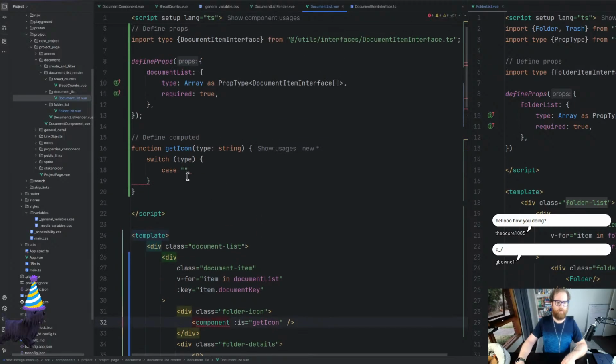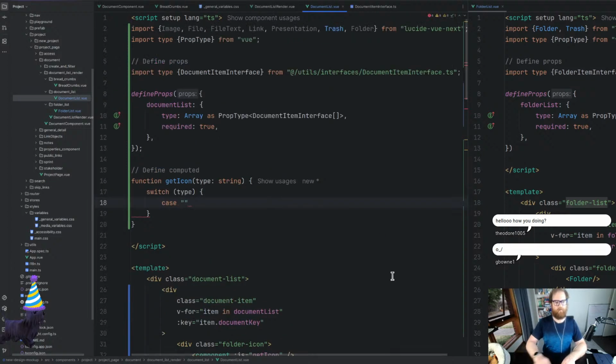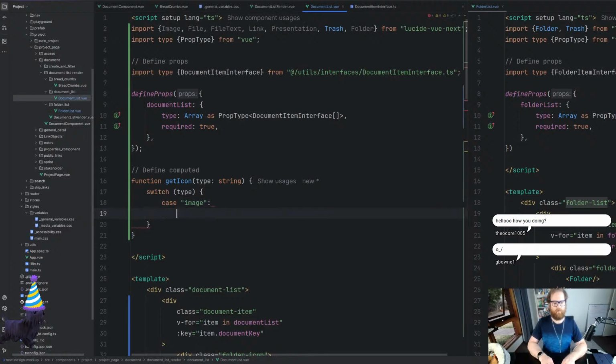So this component, and then let's say case. Up here we have, let's say it's an image. We'll have return image,